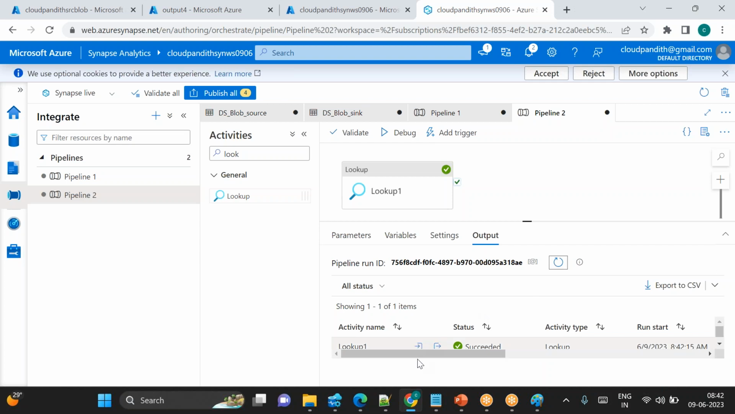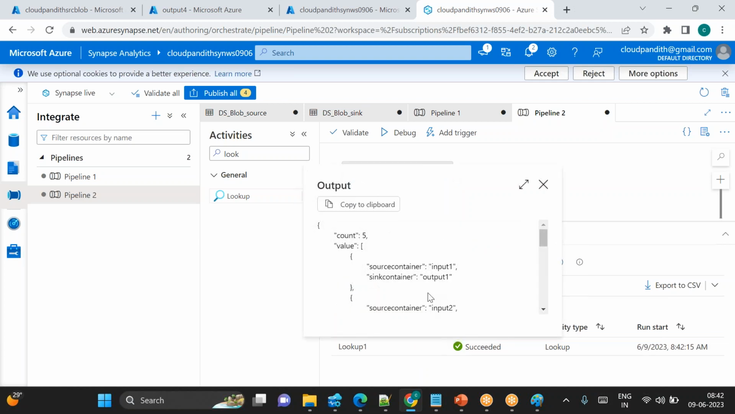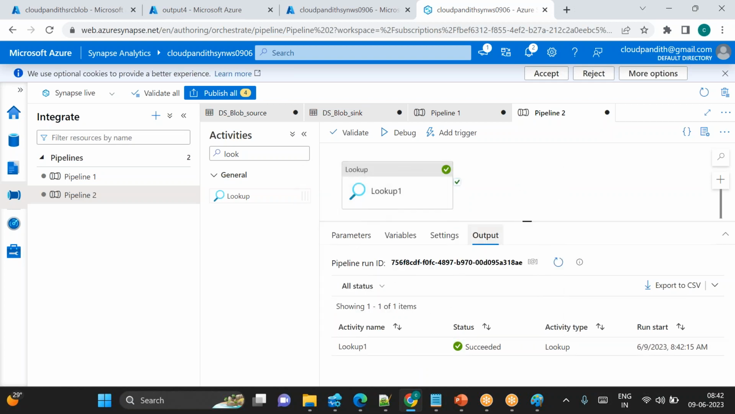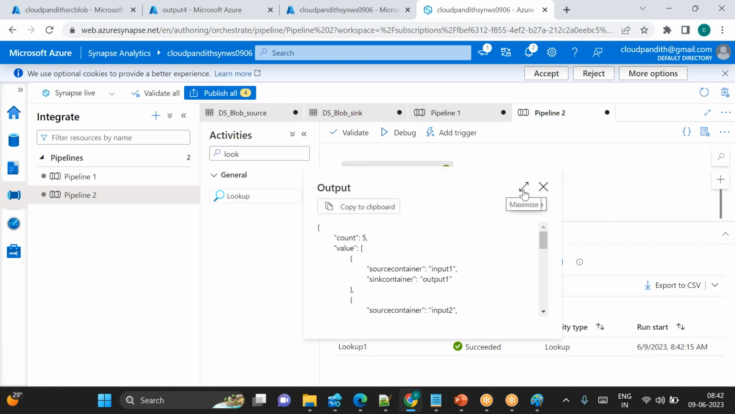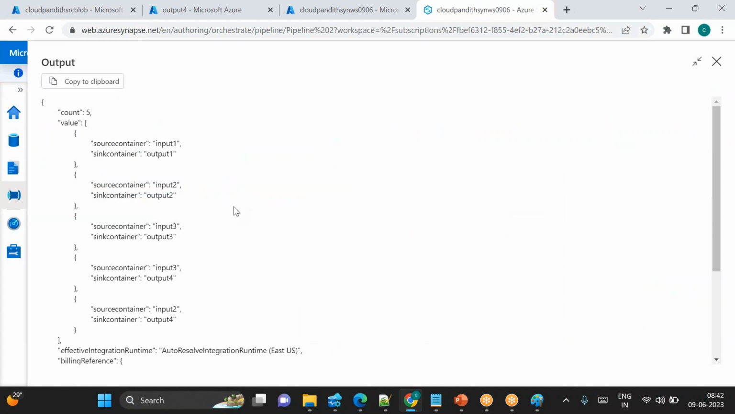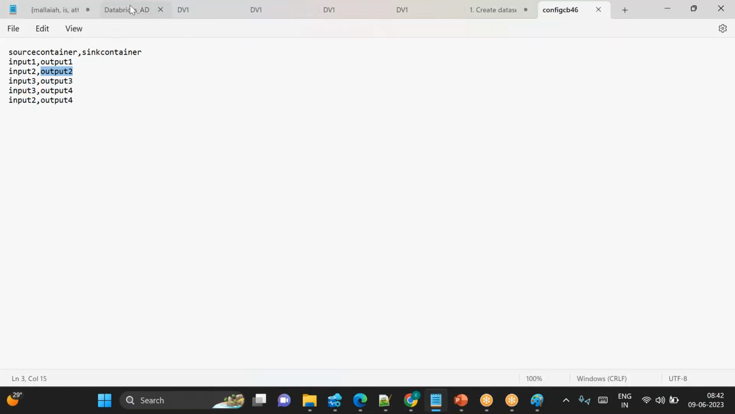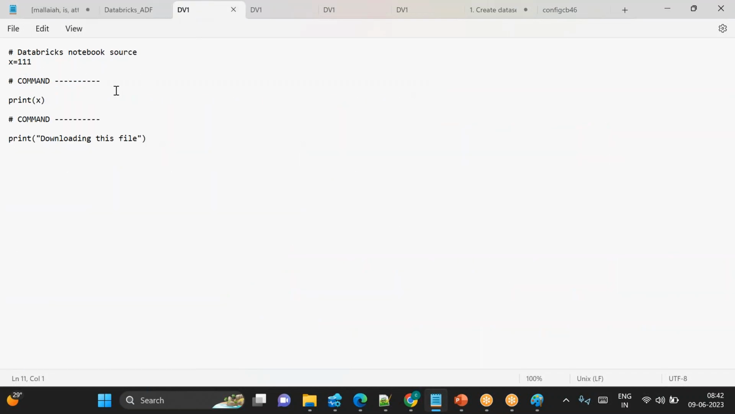When you click debug, what you need to understand is, when you debug, this is the lookup activity output. This is the lookup output. In this lookup output, for example, if you are saying activity of